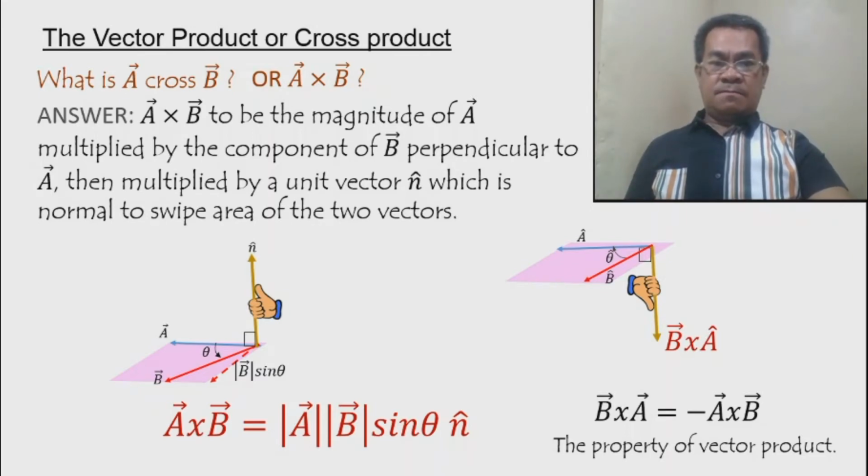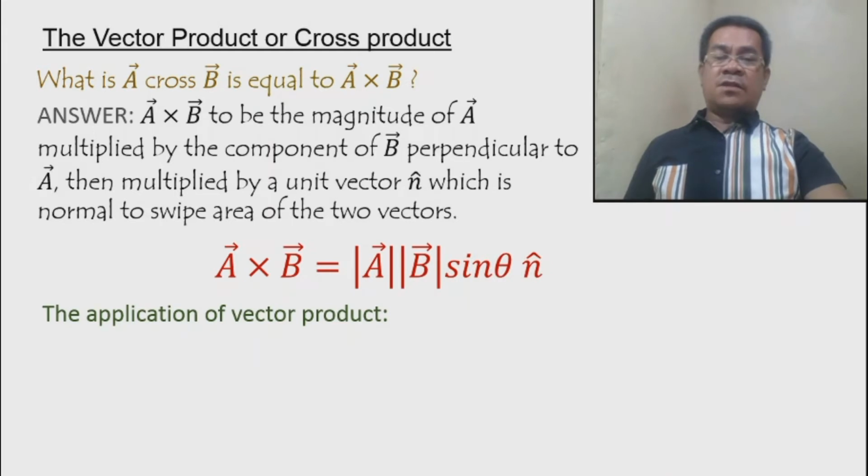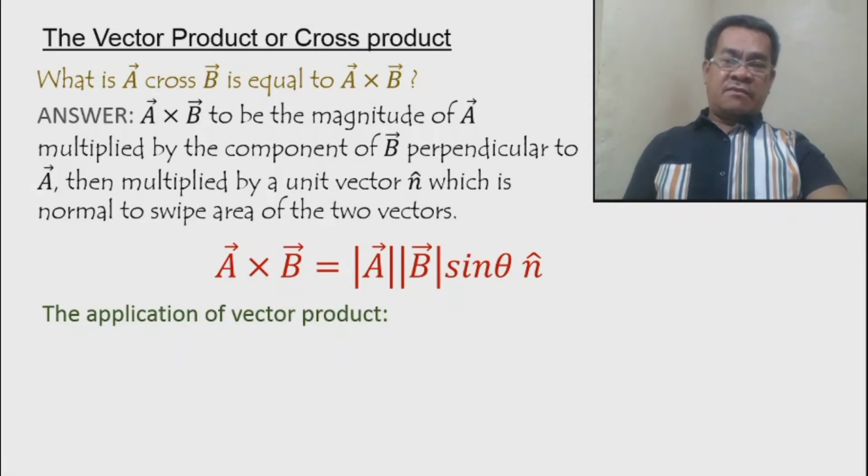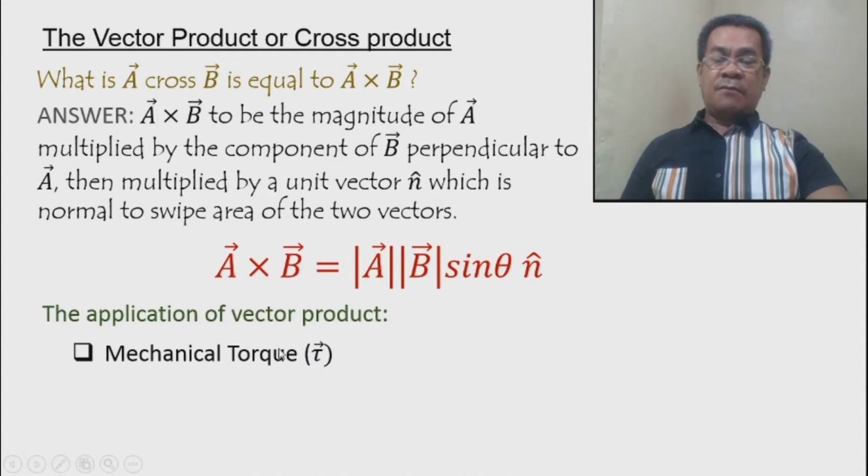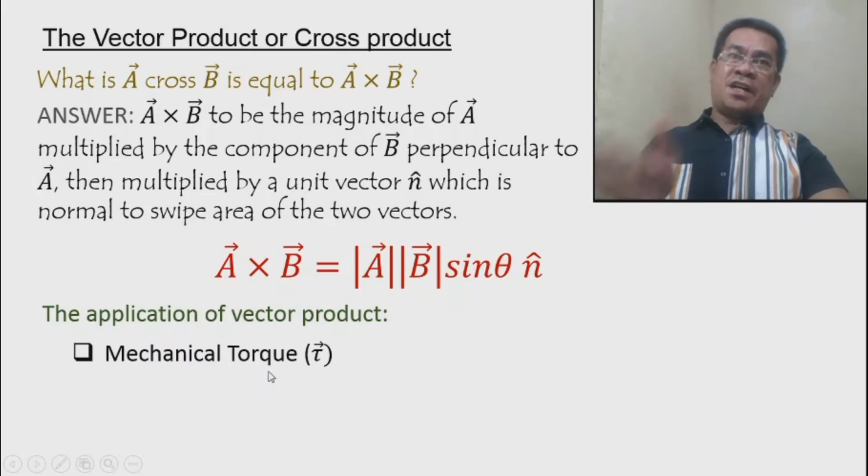Okay? So that's it. Now, the question is, why do we study the cross product? The answer is because there are many applications of the vector product, or the cross product, in studying physics. One of the applications is the torque, or the mechanical torque due to a force. Because torque, remember, is force times